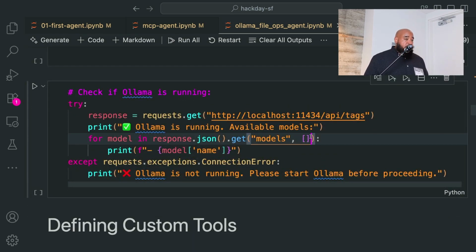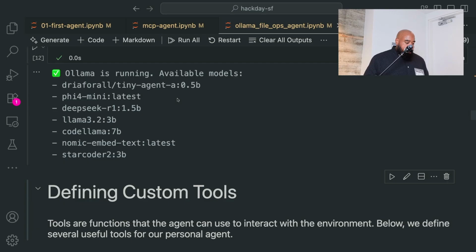Now, we want to ensure that Ollama is running on our local laptop. As you can see, localhost, API tags, and we're going to verify that Ollama is actually running. We're also going to verify our model that is running. So notice this is our list of models, and this is the model we'll be using for this